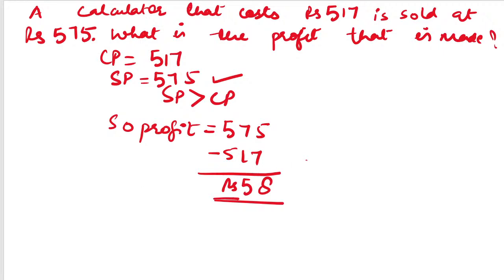Let's do some more questions. Okay, some different questions. These were the questions of problem sums basically, so I'm going to do some different questions. Now you have to find out the selling price or cost price of each of these products. So you have to find out selling price and cost price. Okay, so your first question is